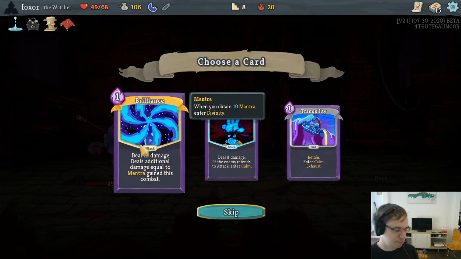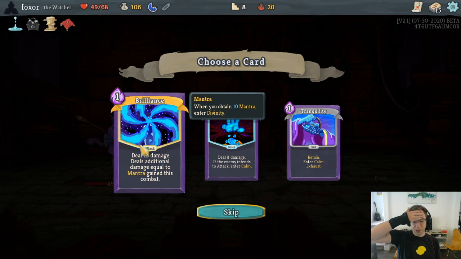So I guess the problem with Brilliance is that Prey is so bad, right? There's 2 uncommon cards that give you Mantra, right? There's Worship and Prey. But Worship is great, and it says Retain on it, which sort of halfway works with the deck. But Prey is so bad that...